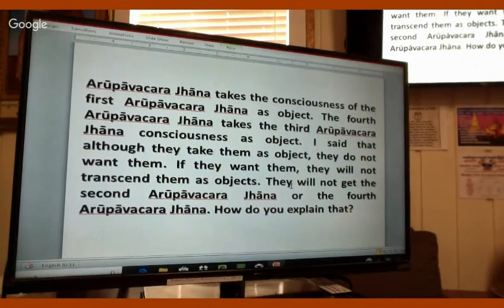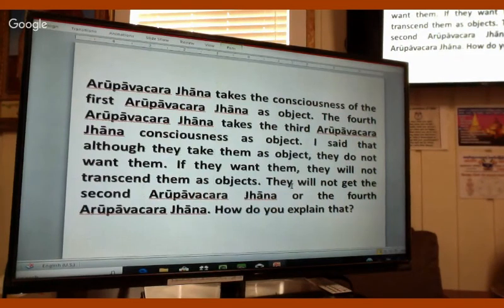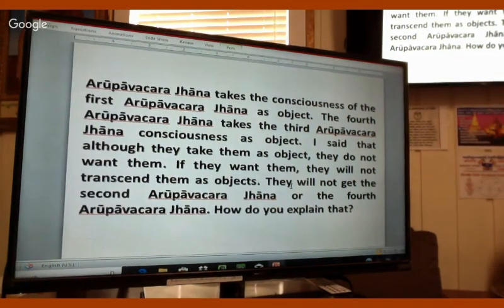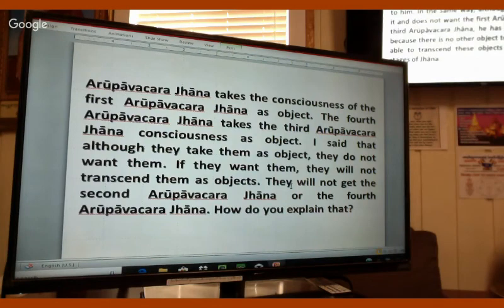That's an interesting question. I'm sorry, I didn't hear the question. I was reading this and I see something here. If they want that, they will not transcend them as an object. Yes, exactly. That's the whole purpose of insight meditation. Because we are not interested in these things as self. We are seeing them as objects, right? So the commentary explained. That's why I want to explain this. There's a commentary, with a lot of similes to answer that kind of question.